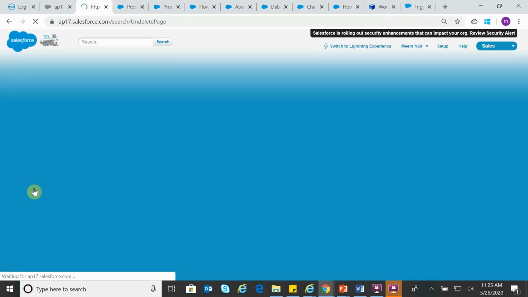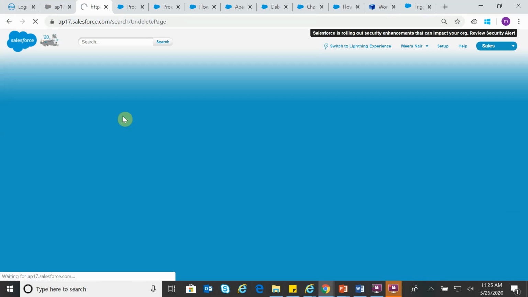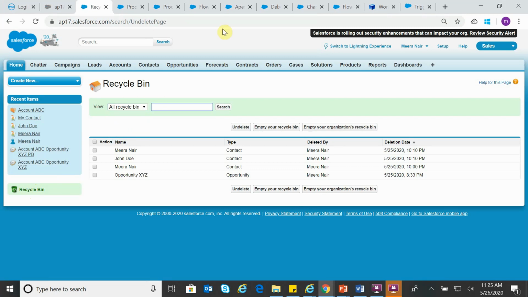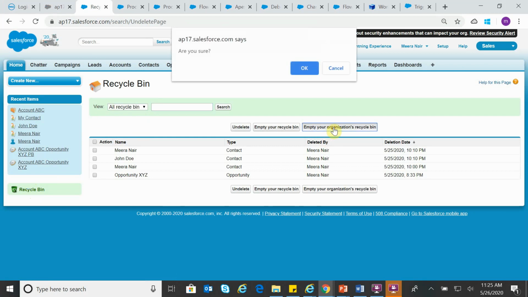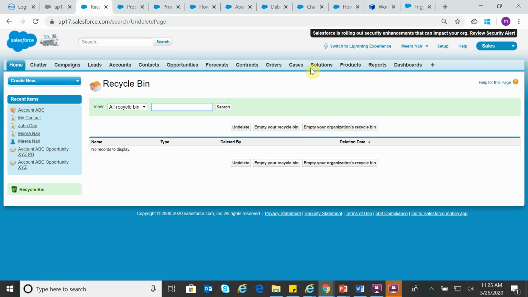Once you go to the recycle bin, if you have admin privilege, you can change the view to all recycle bin and empty your organization's recycle bin. That is going to delete all your deleted records in the recycle bin. Or else if you want to delete only specific records, you can manually select those and perform the operation.